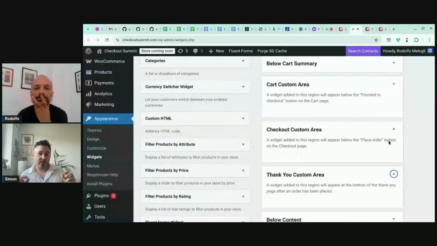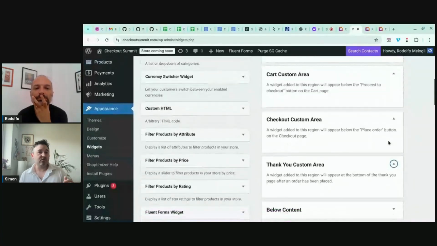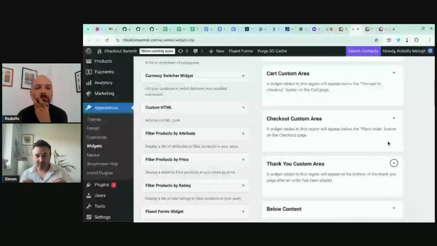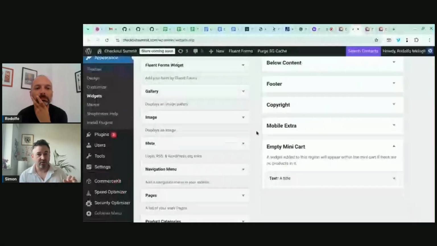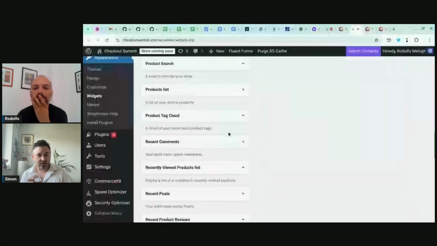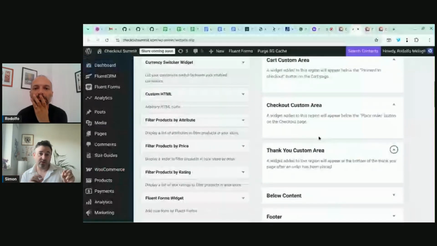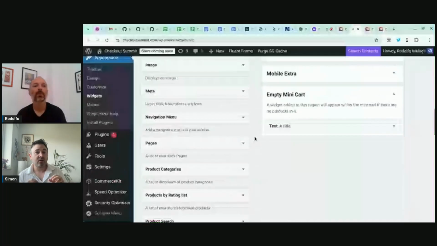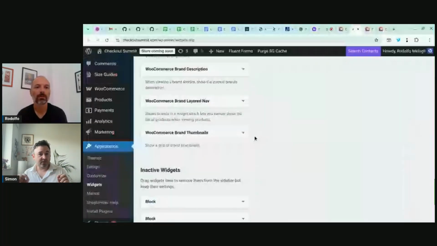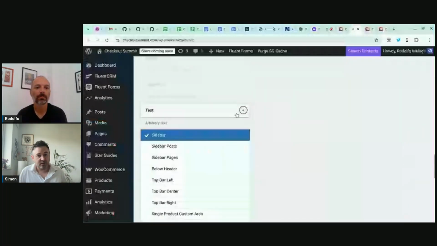So what you want there is a messaging of reassurance. You can say 30-day warranty. You can really encourage that, give that customer the reassurance that they're comfortable paying for that purchase. You can include little icons of credit cards that are supported. You can do all kinds of small neat things just to give that little bit of extra reassurance before